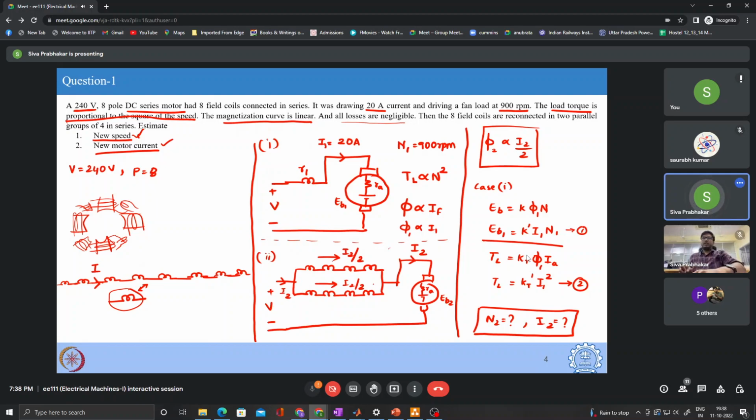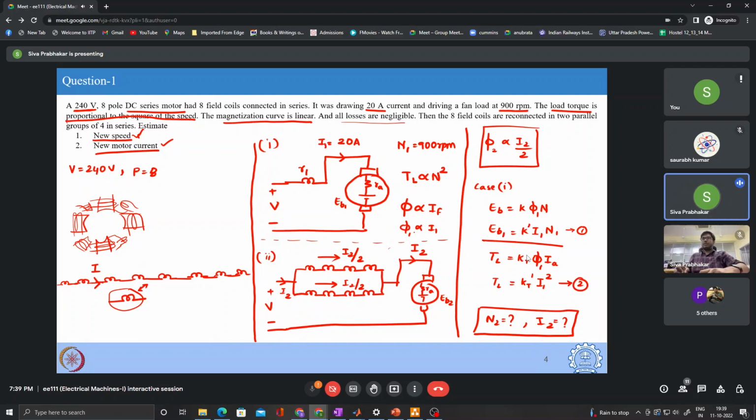Now the series windings are recombined in such a way that it forms two parallel paths, such that a particular section of the field winding will carry half the current. So the new current will be I2 by 2. So this will form the new value of current. So that is the new condition. Now since the field windings are carrying half the current, the flux will be proportional to the new armature current supplied by the load, divided by 2,